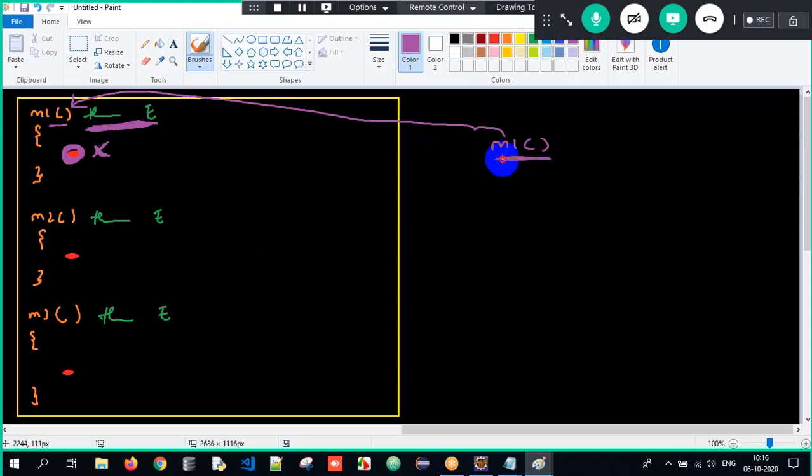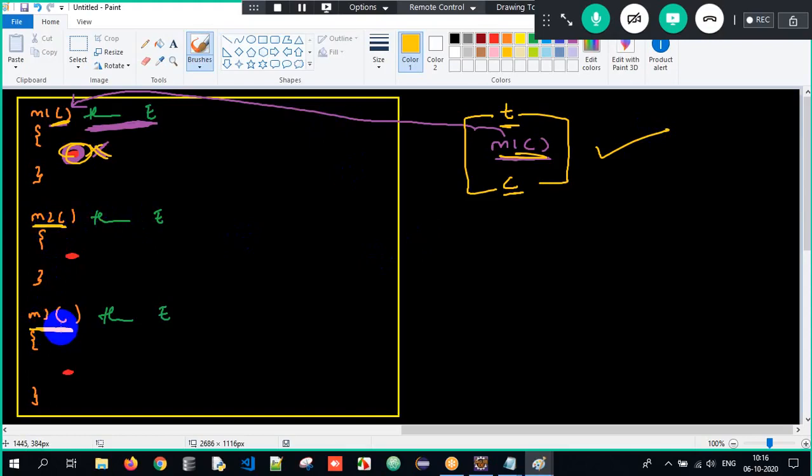That information has been told to the caller. So what will the caller do? He will handle it himself with try and catch block. So M1 I call, exception will occur. Since it is handled using try and catch block, it doesn't matter, your program execution will happen in a smooth way. But in this scenario, M2 method is not called, M3 method is not called. Have we handled the exception unnecessarily? No. We have to handle the exception only when we try to utilize it, not all the time.